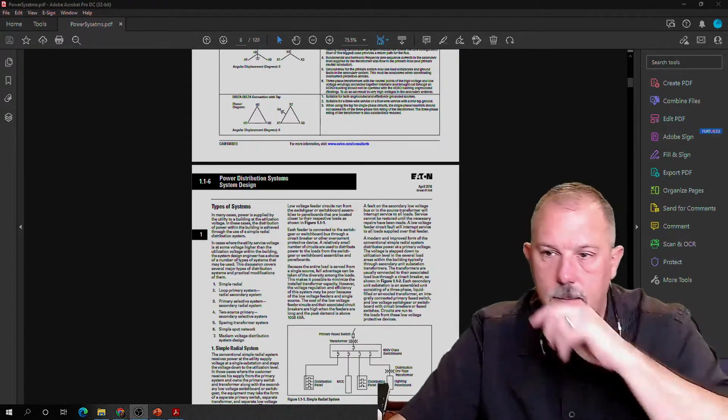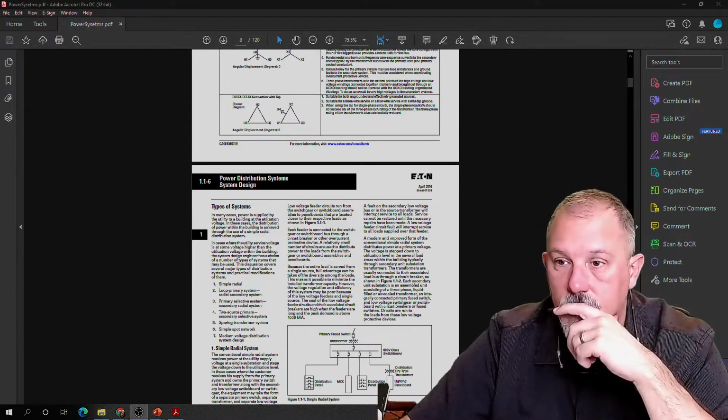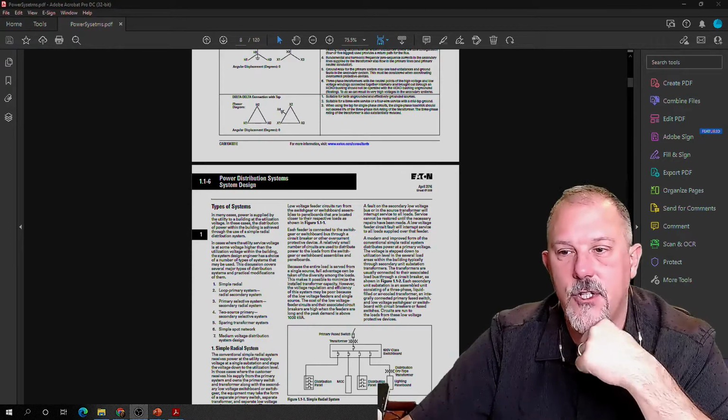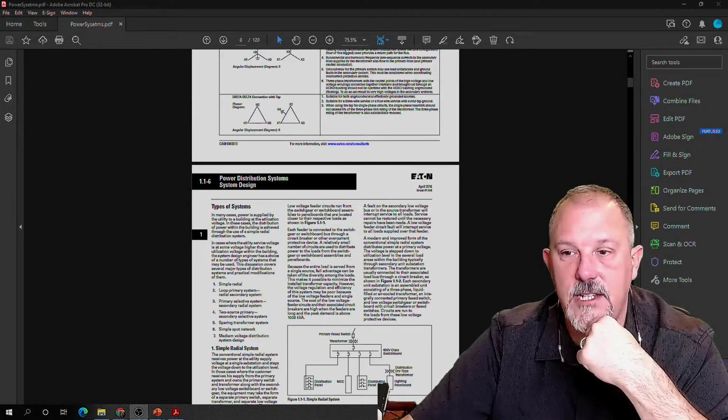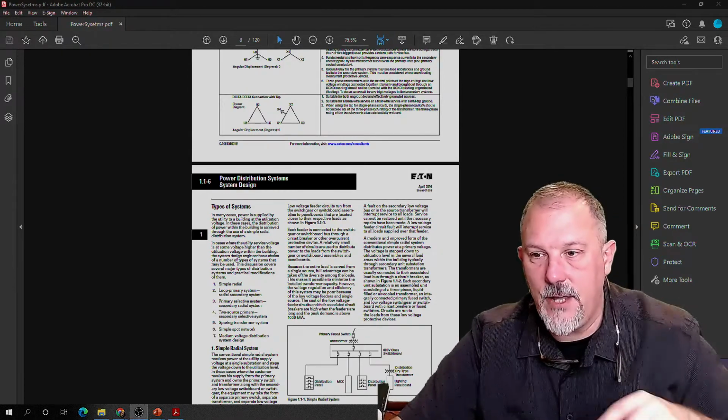Oh, so keep in mind, reactors resist the flow of VARs. It's true. So if you have high inductive loads on the load side of the reactors, not being able to pass VARs will significantly contribute to additional voltage drop. It's exactly my point. That's what I'm saying. You have to